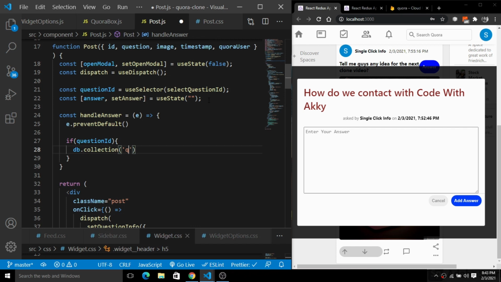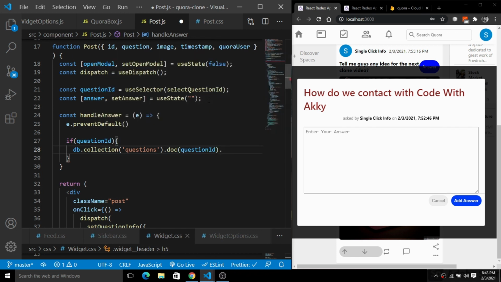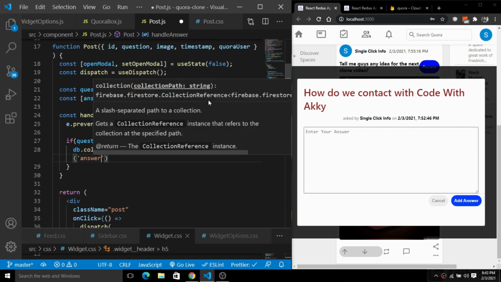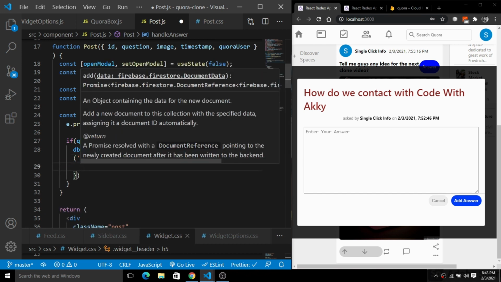Inside of this collection we have the questions collection, and inside of questions we have this doc, with the question ID for the respective doc. Here we will create another collection with the name answer for that respective question, and we'll simply add the answer here.